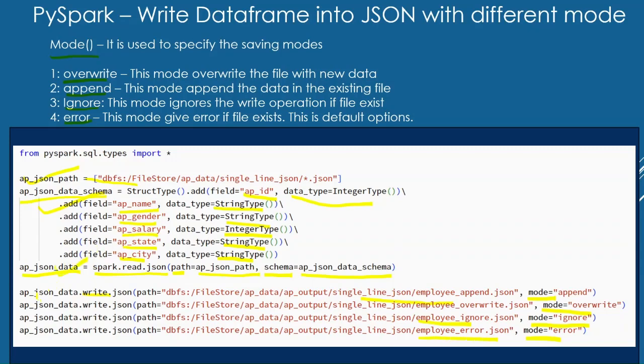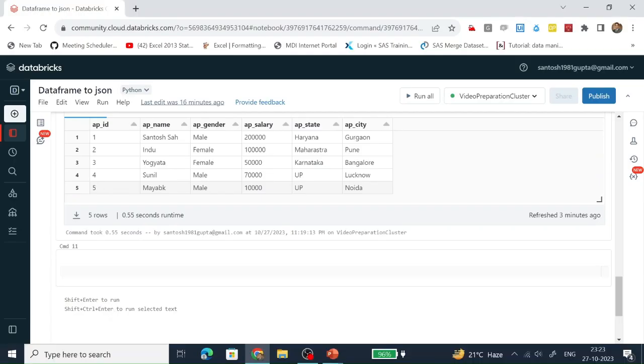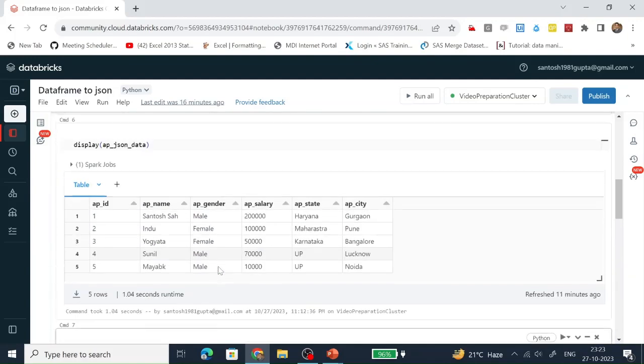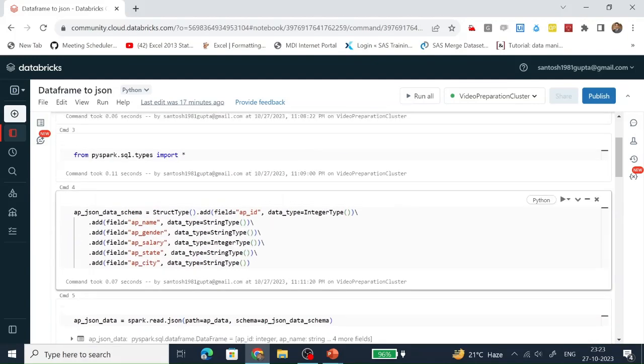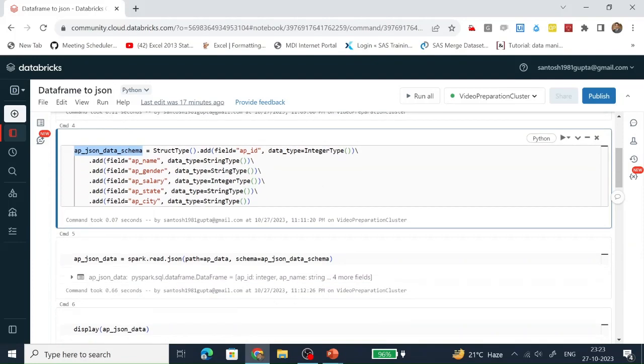See, on this data frame object, we are calling this write function. Let's see how it works in Databricks. This custom schema we have already defined, so no need to create the custom schema.